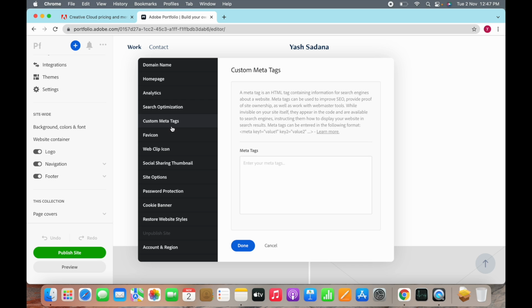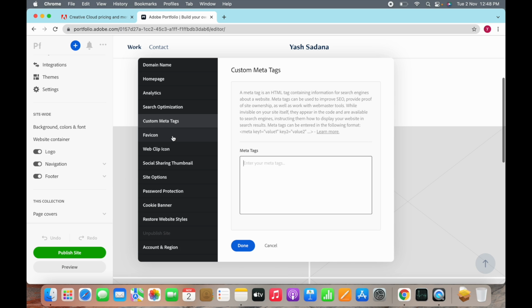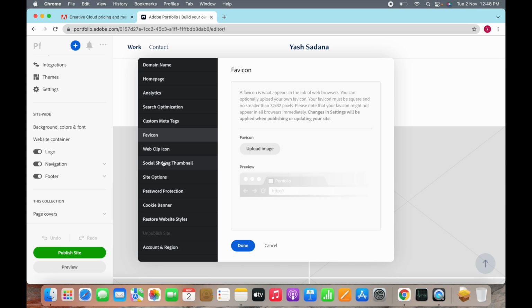The other thing, you can put your custom tags. For example, you can state what this website is related to, such as photos, videos, or games. You can put the tag here for the search engine to do the indexing, so that your website will rank up in Google. So these are all the options provided here.